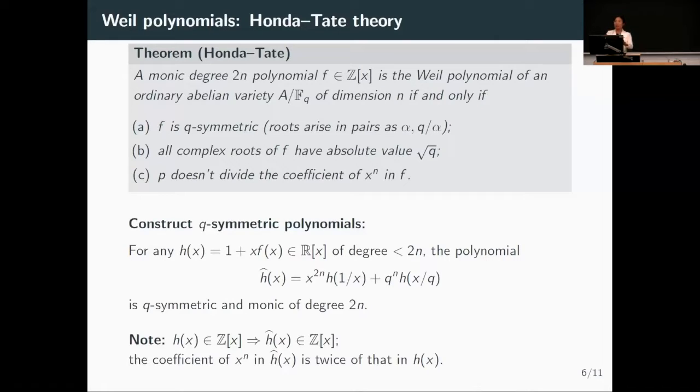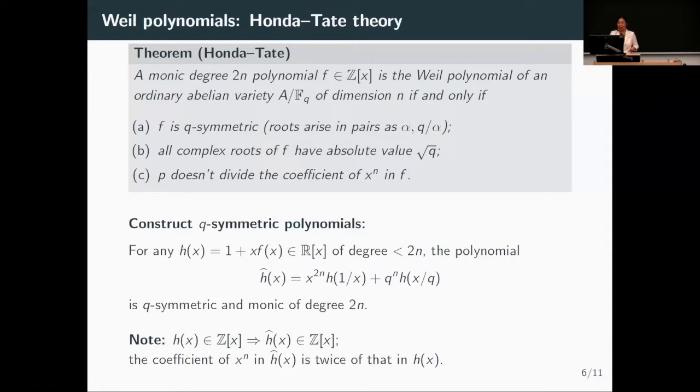So this is an if and only if for ordinary abelian varieties. This means that if you give me a polynomial and I want to show that it's a Weil polynomial for some abelian variety, all I need to check are these conditions, right? Okay, so then naturally the next question is, I want to construct some Weil polynomial with a prescribed value